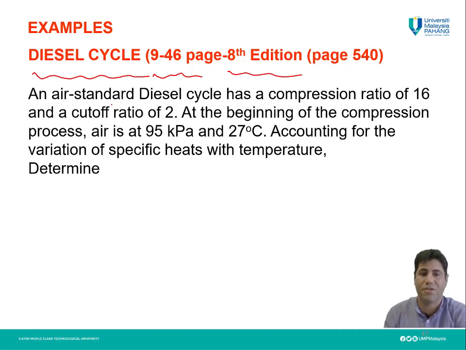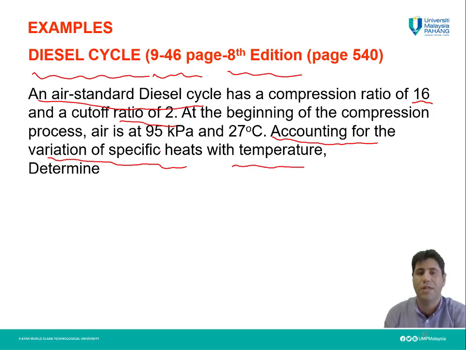We have an air standard diesel cycle. This cycle has a compression ratio of 16 and a cutoff ratio of 2. At the beginning of the compression process, air is at 95 kilopascal and its temperature is 27 degrees Celsius. Accounting for, this is also very important, accounting for the variation of the specific heats with temperature. Now we need to determine